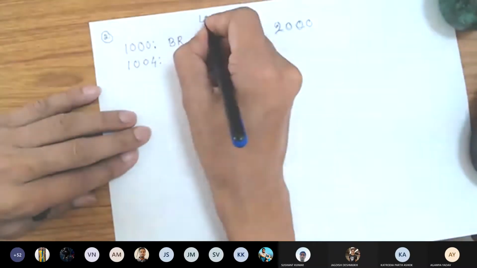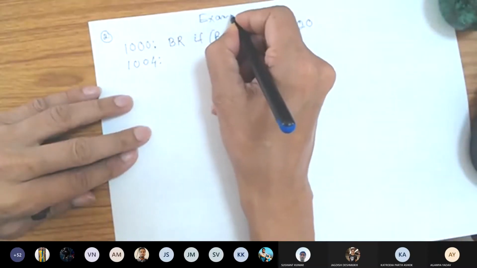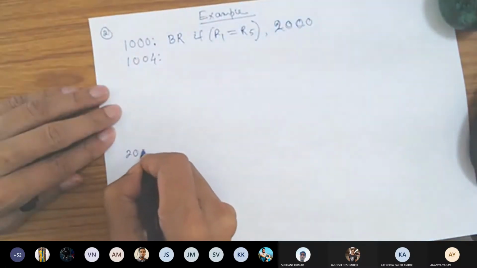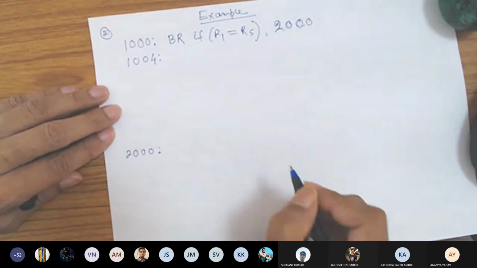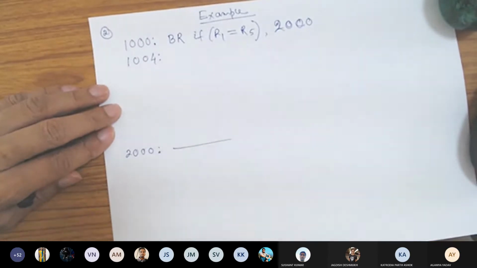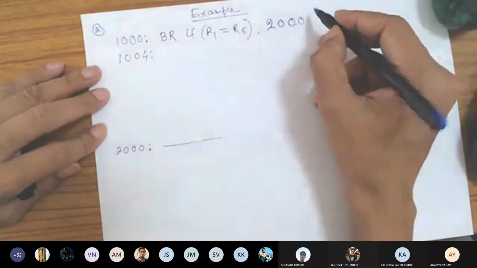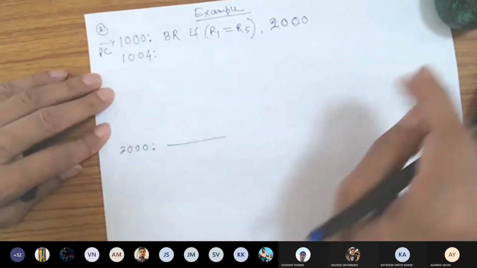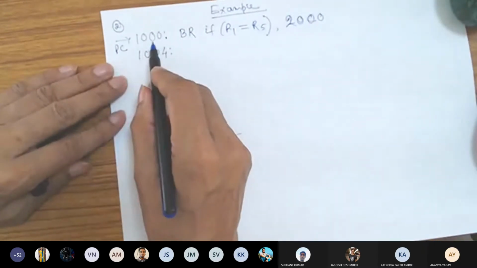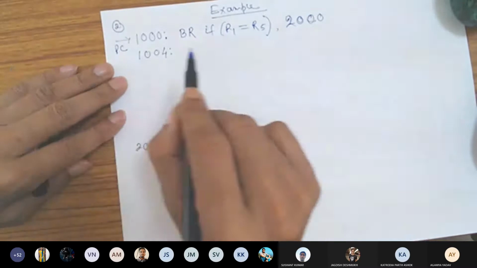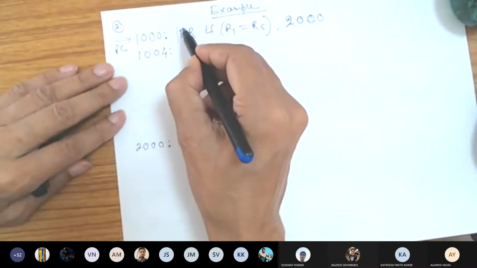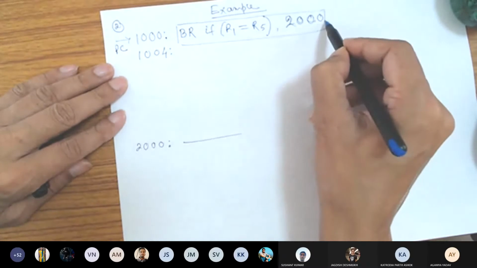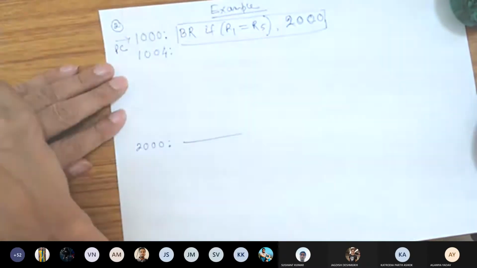Let's assume this is an example, and the 2000 location is somewhere here. Something is written here. So when the program counter is holding the value of 1000, what does it mean? It brings this instruction into the processor.